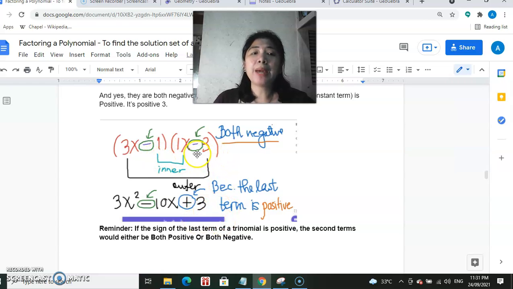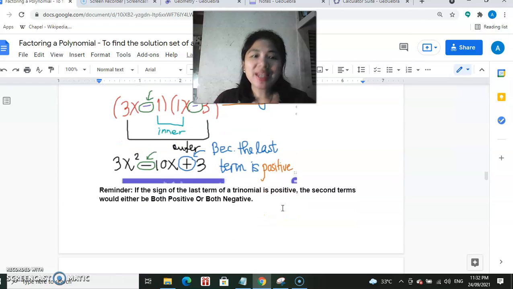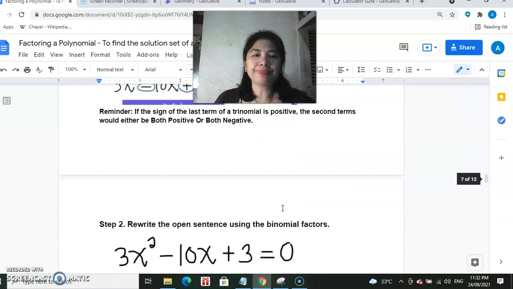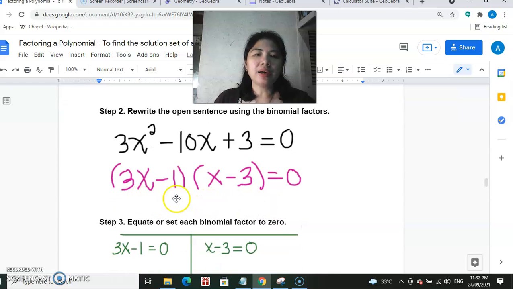So it should be both negative. Okay, so negative 1 and then negative 3. All right, so we just discovered the factors of 3x squared minus 10x plus 3. So the factors are 3x minus 1